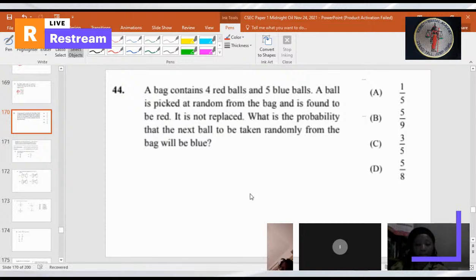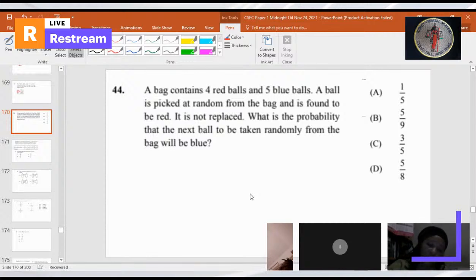It says there are 4 red balls and 5 blue balls. And the probability is the chance of it happening. In total there are 9 balls, blue and red. And they're asking blue. There are 5 blue balls. So you put 5 over the full 9 balls in total. Which should be B. But something has affected the total